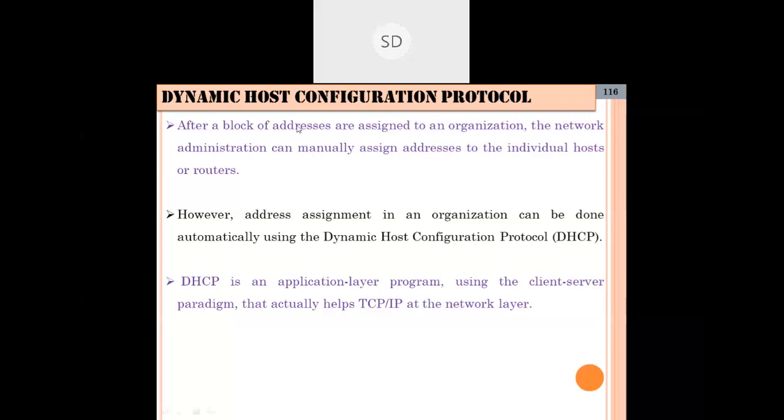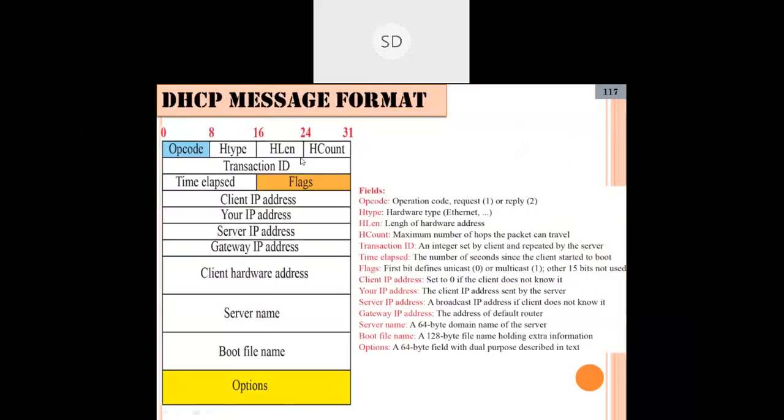Before going to the concept of the DHCP message format, we need to go through the message format of DHCP. If you check the block diagram, the overall message format of DHCP is given here, right? I think you have already come across all these points. Here we are interested in this option, which we'll discuss later.